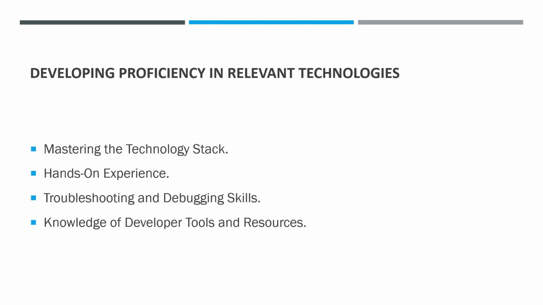You're almost done with the class. So also we have developing proficiency in relevant technology. Like I said, if you joined the class because you thought there is no coding, well, you're wrong, because to make a good developer relations engineer, you must actually have an understanding of how this code system works, let's say JavaScript, for instance, or React, for instance. You're not going to be coding every day, but you must actually understand how it works.